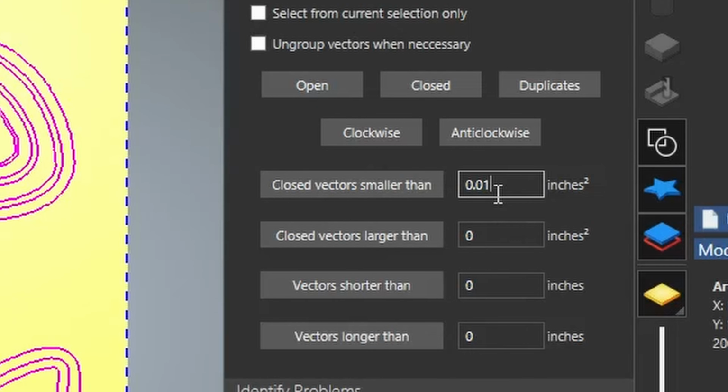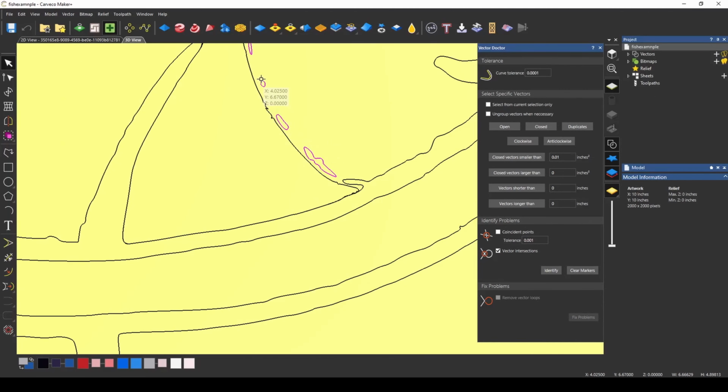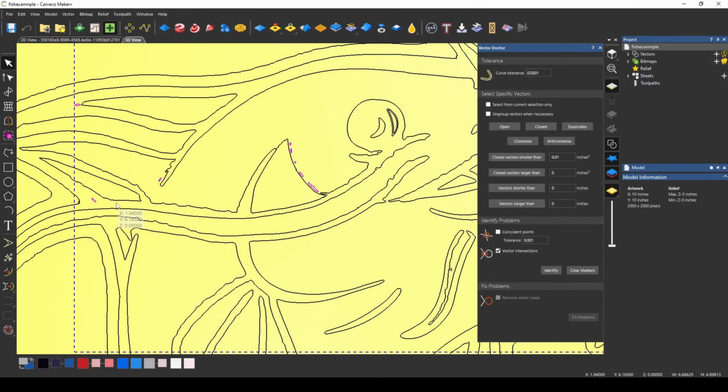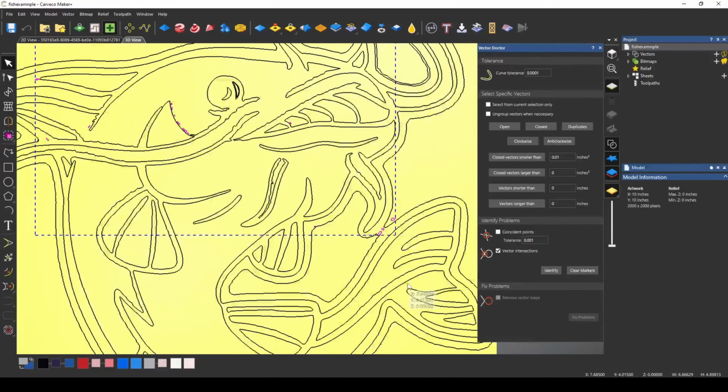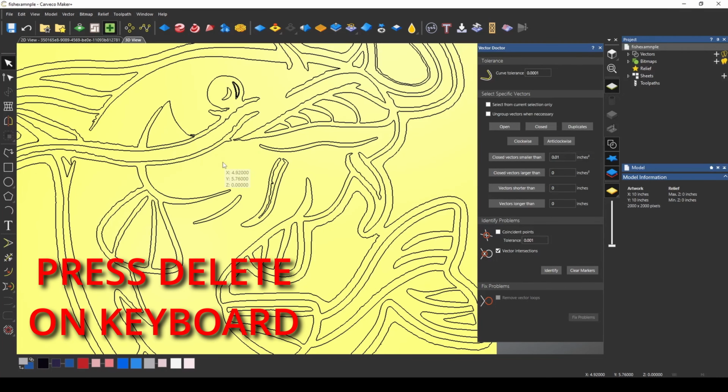In this case, we have it set to 0.01, and so if I click close vectors smaller than 0.01, this will highlight all these small little vectors that are smaller than this 0.01. And it's usually at that size, they're not going to resolve very well anyway. So we would just want to get rid of them. I just press delete on the keyboard to get rid of those.